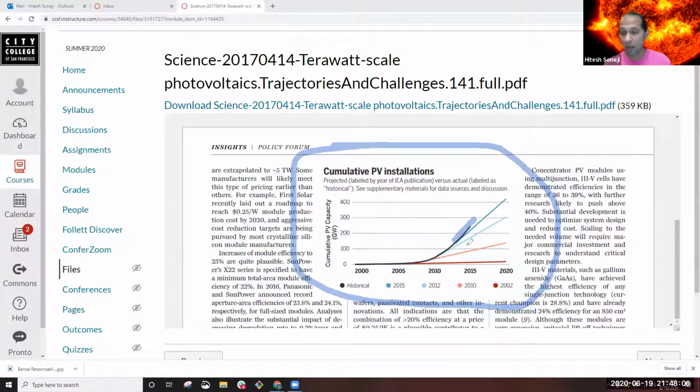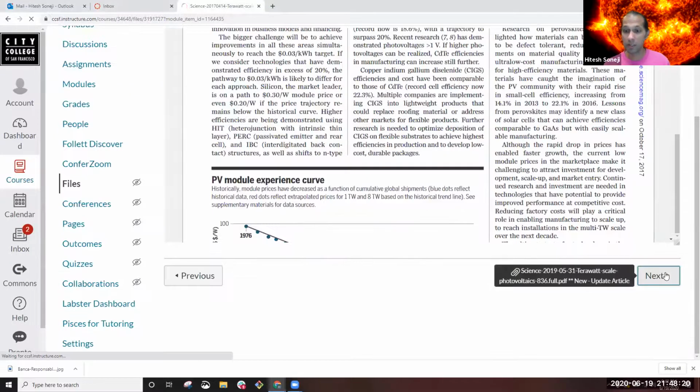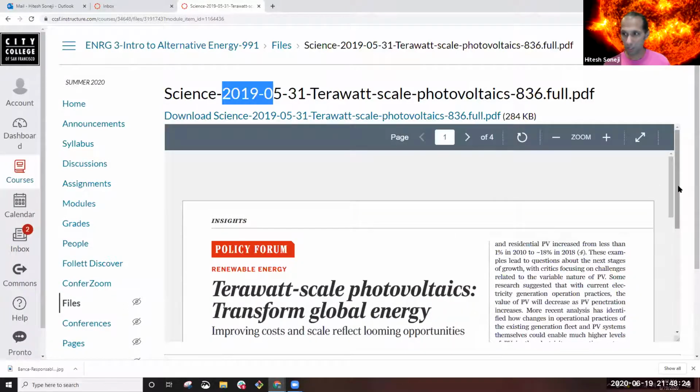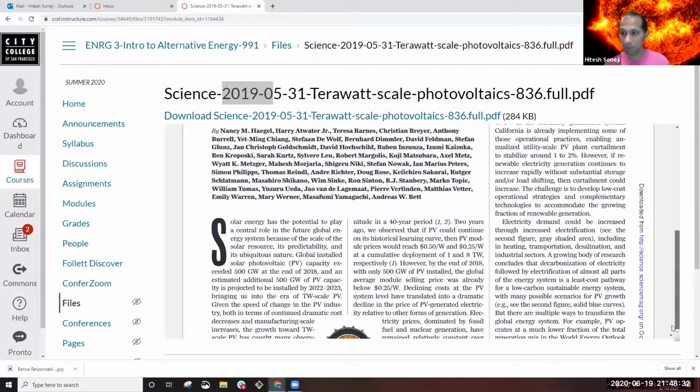Now, things are changing. There's economic hardships around the world, and it's to be seen what impact this has on the renewable energy industry versus, say, some of the other industries, which are also energy industries that are struggling immensely right now. There was an update last year to this same series, sort of same themed article. Also, you'll notice the same author, Nancy Hagel. So please take the opportunity to read both of these articles.